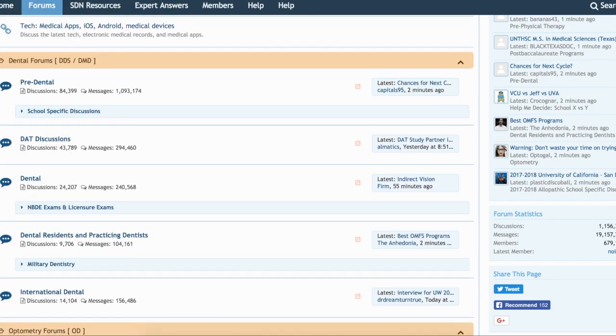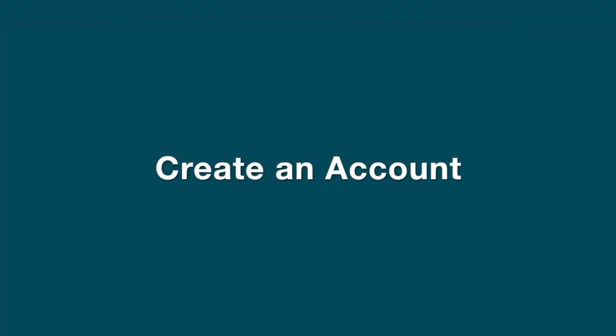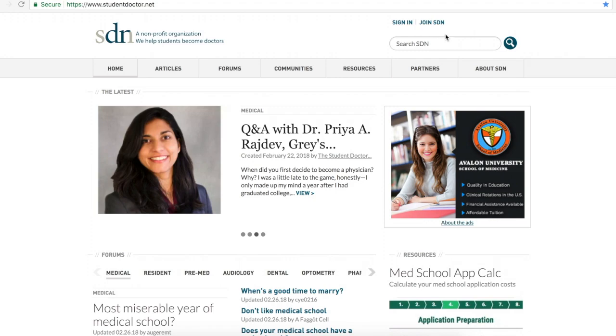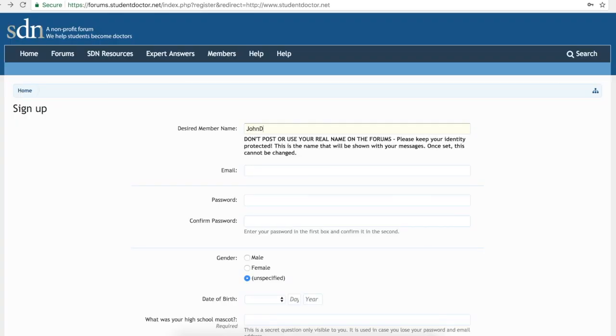To participate on the SDN Forums, the first thing you need to do is create an account. You can do this by clicking the Join SDN button in the top right of the homepage. Complete the registration page, which includes your email, password, and other general information, as well as your desired SDN member